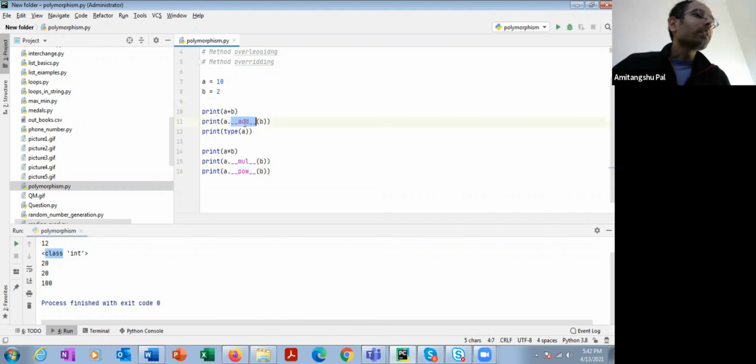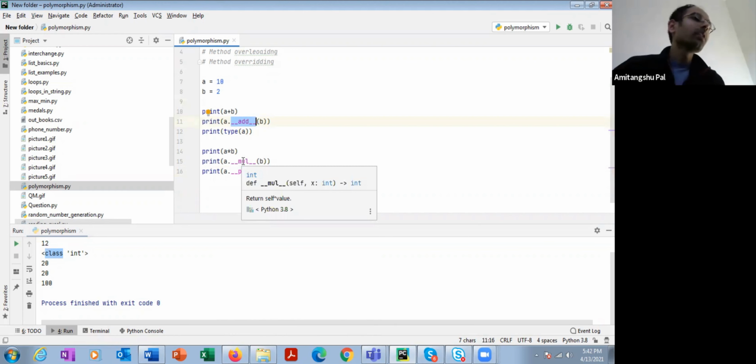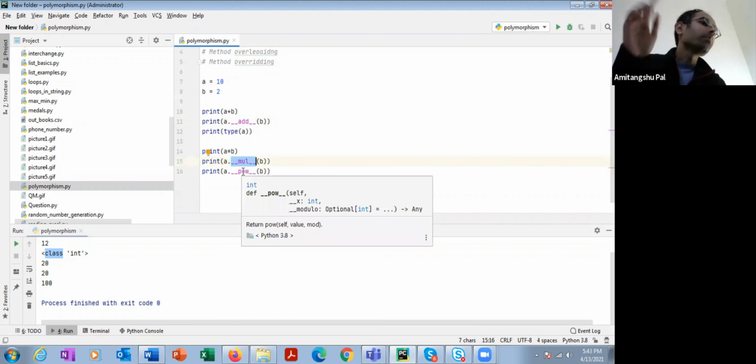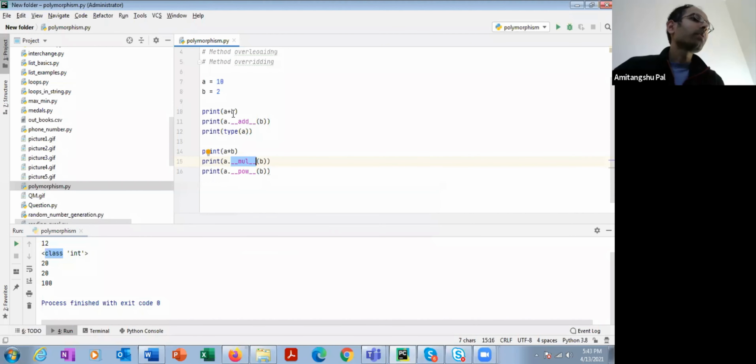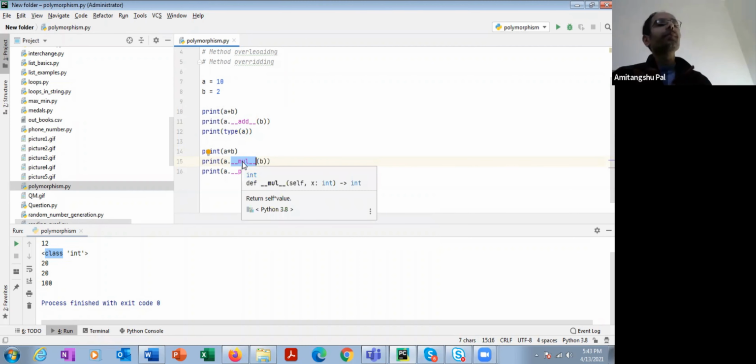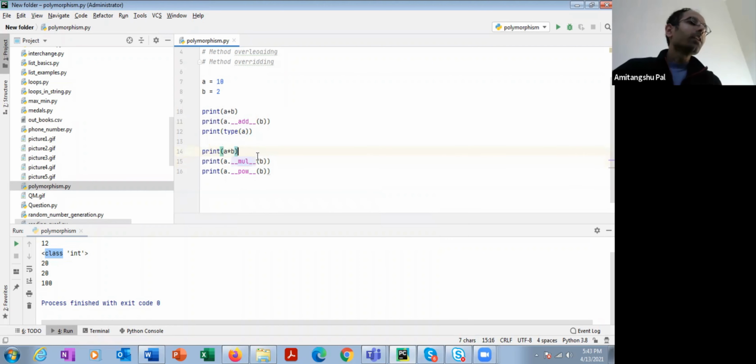And all these methods are written inside double underscores, so that's why all of them are special methods. Whenever you are calling plus, the add method is called. Whenever you are putting star, the multiplication method is called. Similarly, the division operator, subtraction operator, all these operators are basically calling the corresponding methods. Clear? Okay, so now